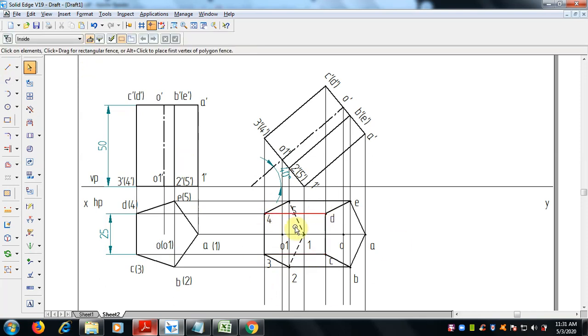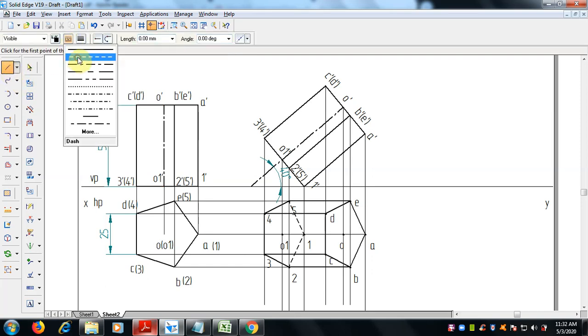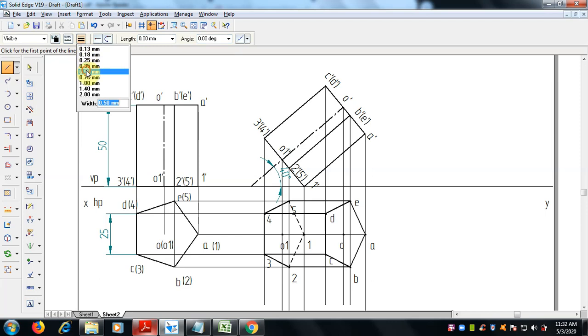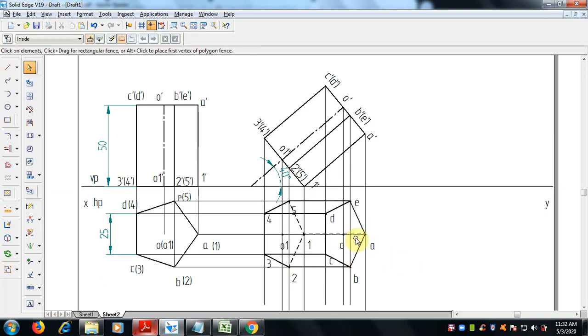Oh, this is over. So the edge 1 to A is hidden, since it crosses the visible face. When a line crosses the visible face, it will be a hidden line only.